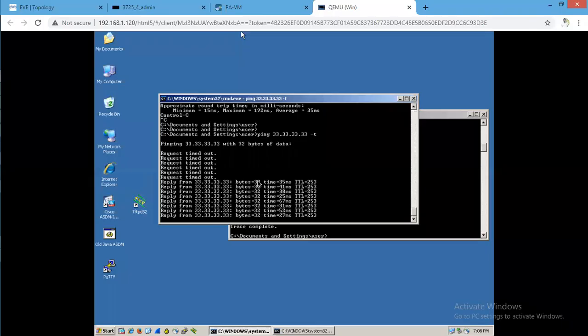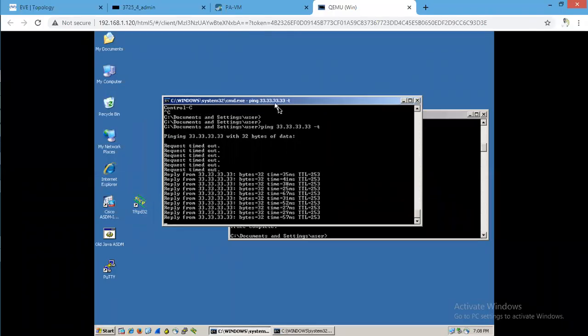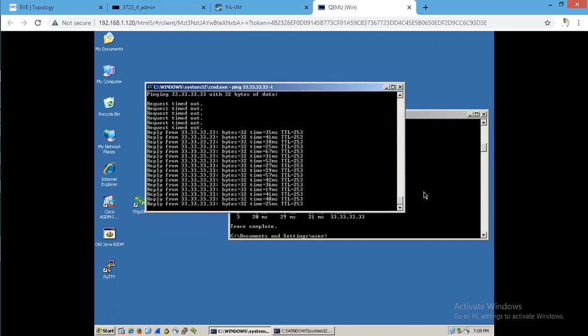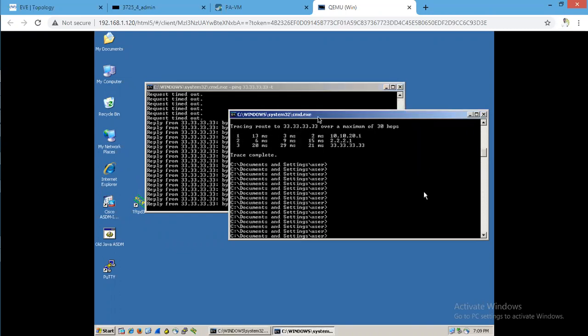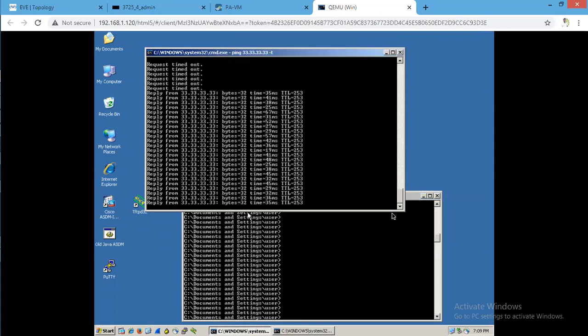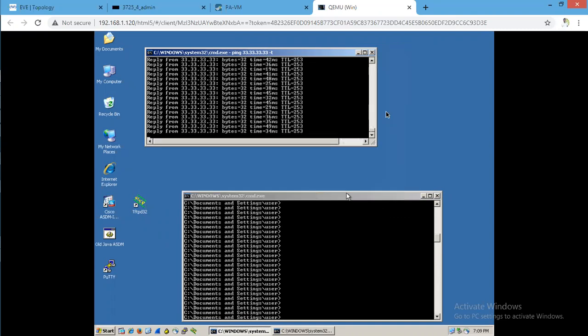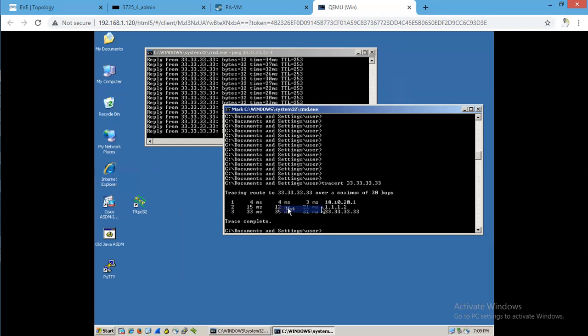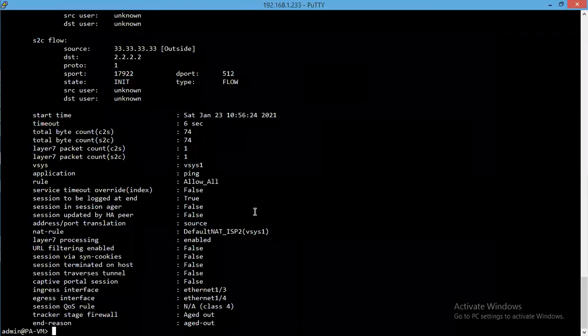So changes are committed and we should see the response from the cloud router. Now one thing we will see is the traced out traffic from the LAN PC for the cloud router. So yeah, we can see ISP1 is being used at the moment, and we will also verify it on the Palo Alto.